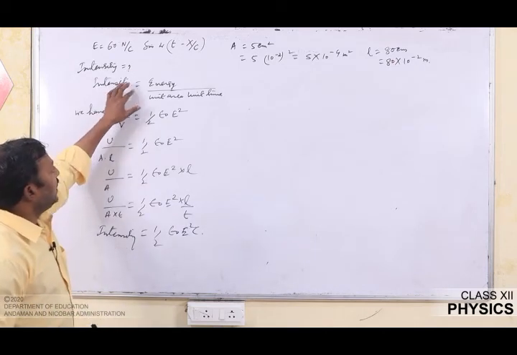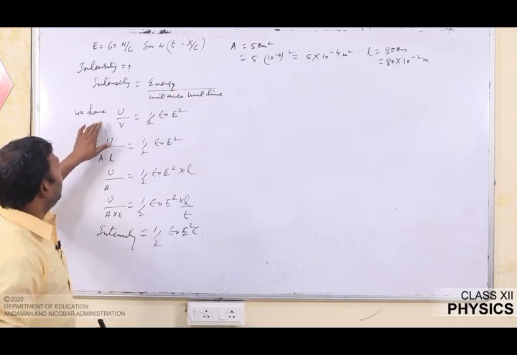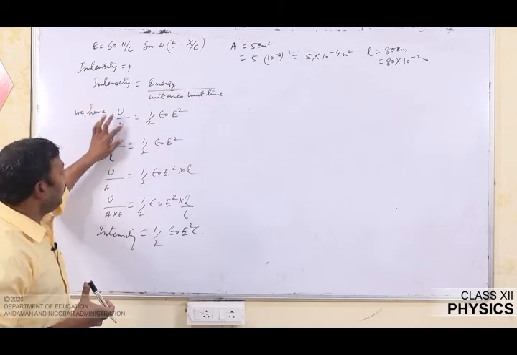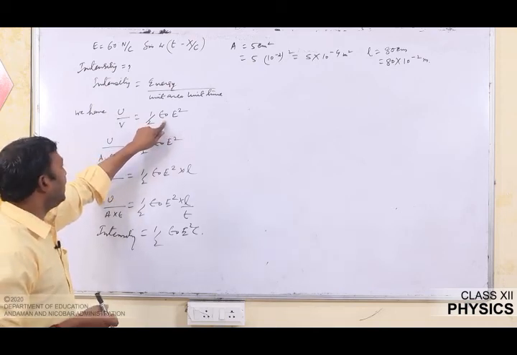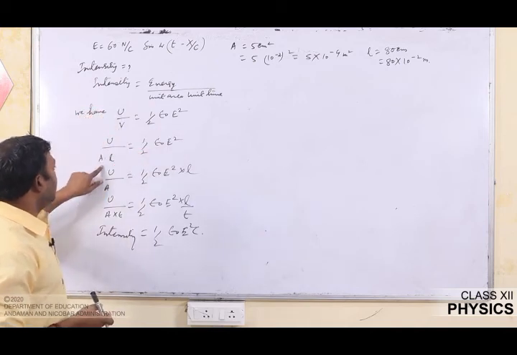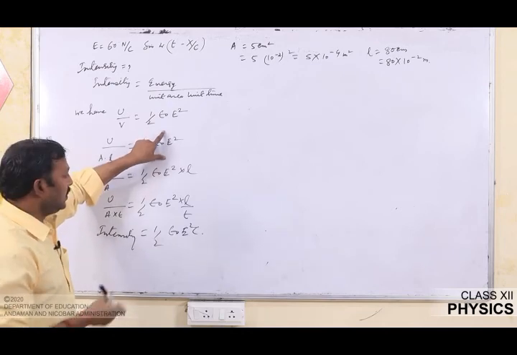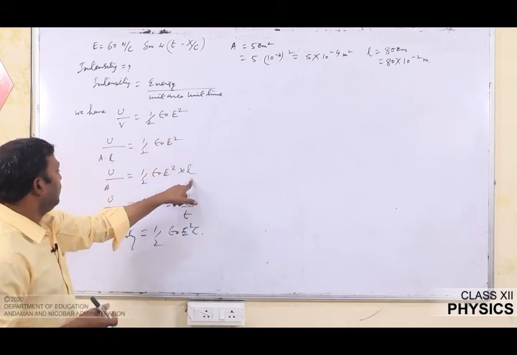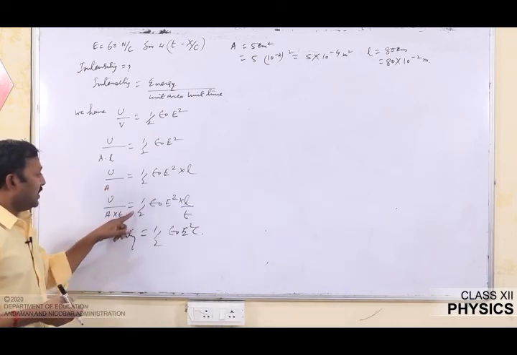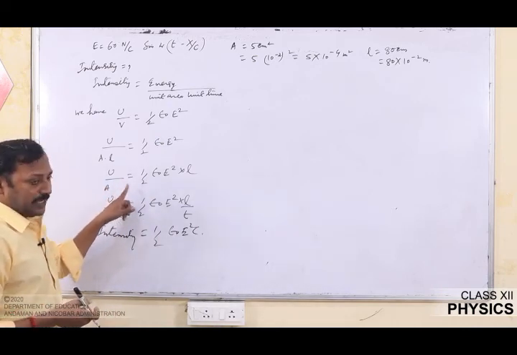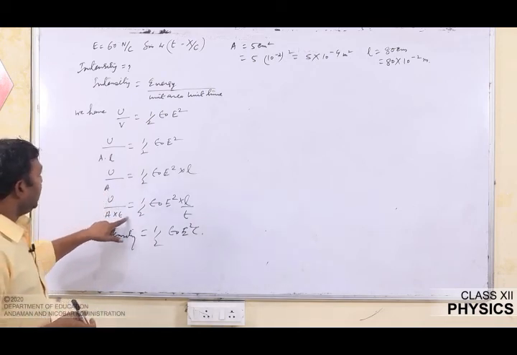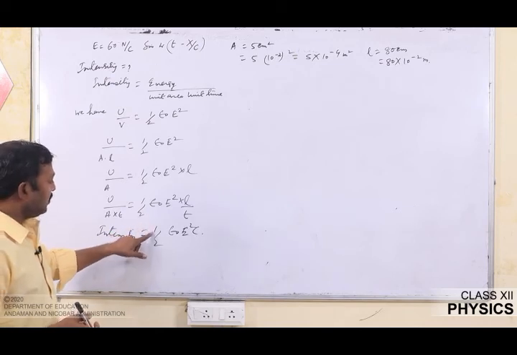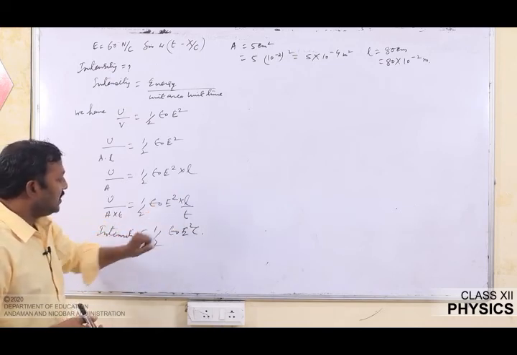The formula for intensity is energy per unit area per unit time, and we have the energy density formula given by U by V is equal to half epsilon 0 E square, where E is electric field and epsilon 0 is the permittivity of space. Now, volume can be written as A multiplied by L. So, U divided by A equals half epsilon 0 E square L, with L brought towards the right side. Next, with T multiplied in the denominator of both right hand side and left hand side, you get U divided by A multiplied by T. So, U divided by A multiplied by T is nothing but intensity. Therefore, intensity comes out to be half epsilon 0 E square, L by T is c, where c is speed of light.